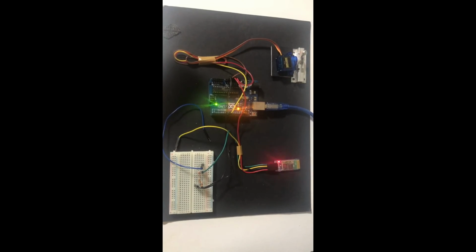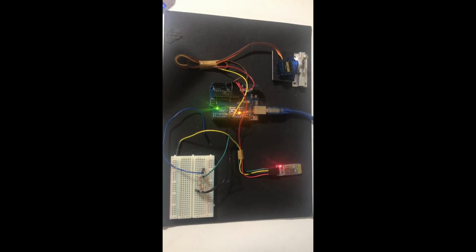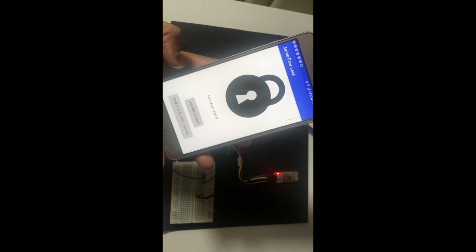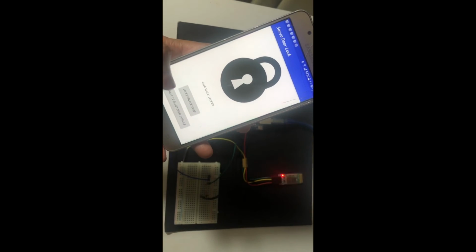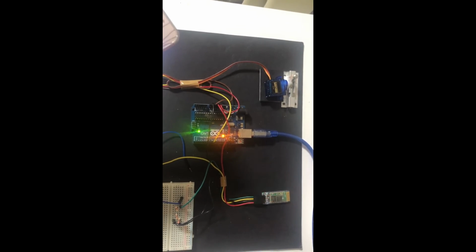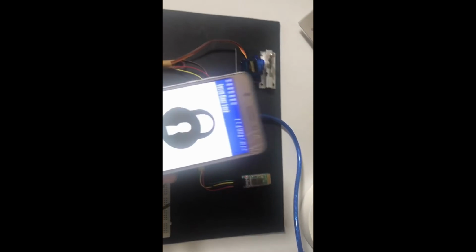Okay, so this is our system for the lock and unlock, and then we have the Android here. This button for lock and unlock connects to the servo, and the servo will move the lock and unlock here. We want to identify whether the system is successful or not. And then this is the Bluetooth device.